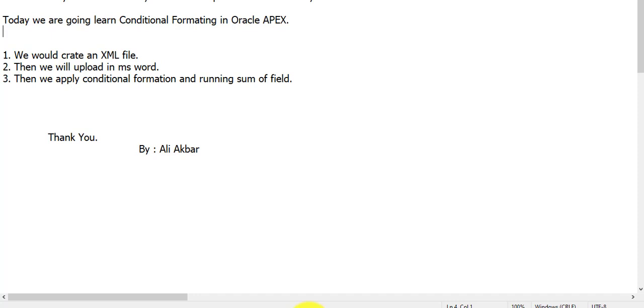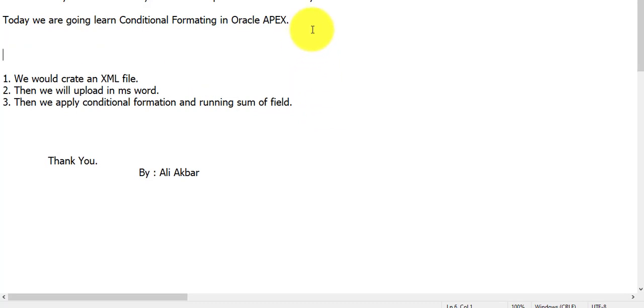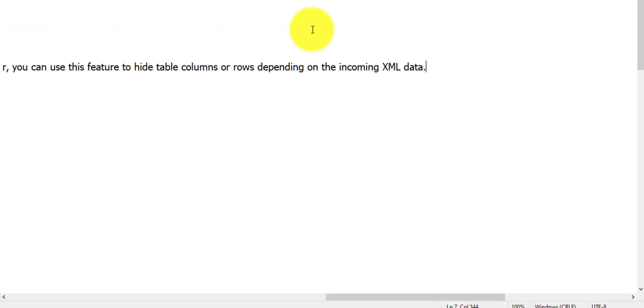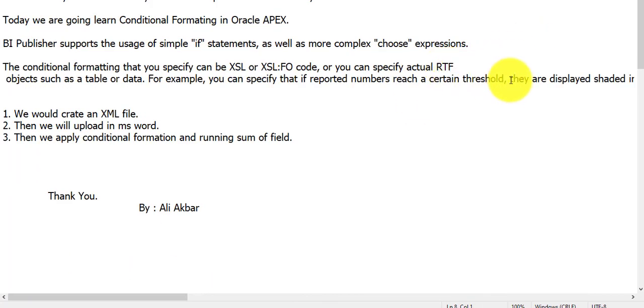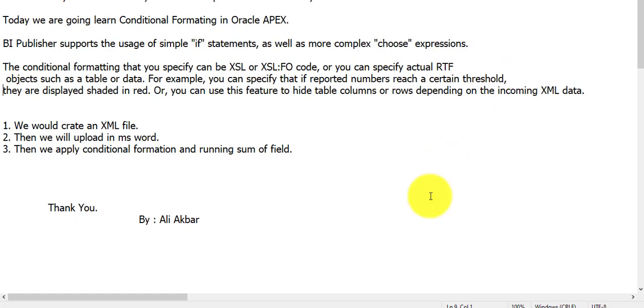We will create an XML file, which in our example will start. So guys, let's start.